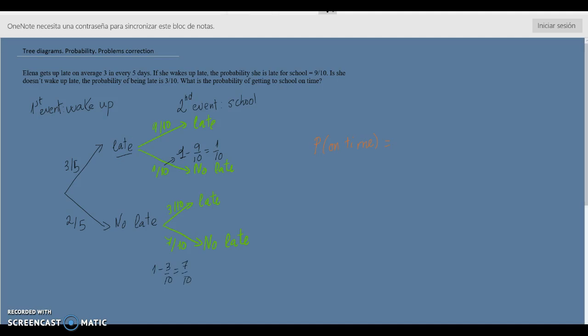To calculate the probability, we are seeing if she's on time. So she's on time here and here. So we have to multiply 3 over 5, when she wakes up late, by 1 over 10, plus, when she doesn't wake up late, 2 over 5 times 7 over 10. This is equal to